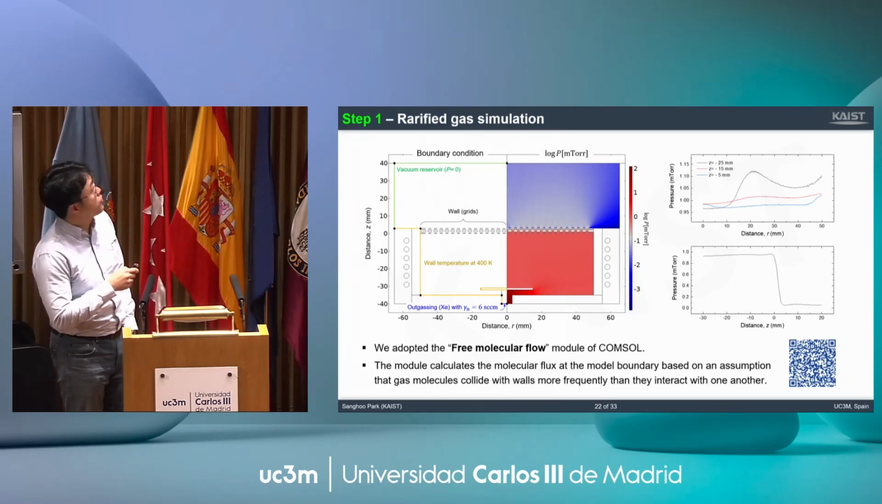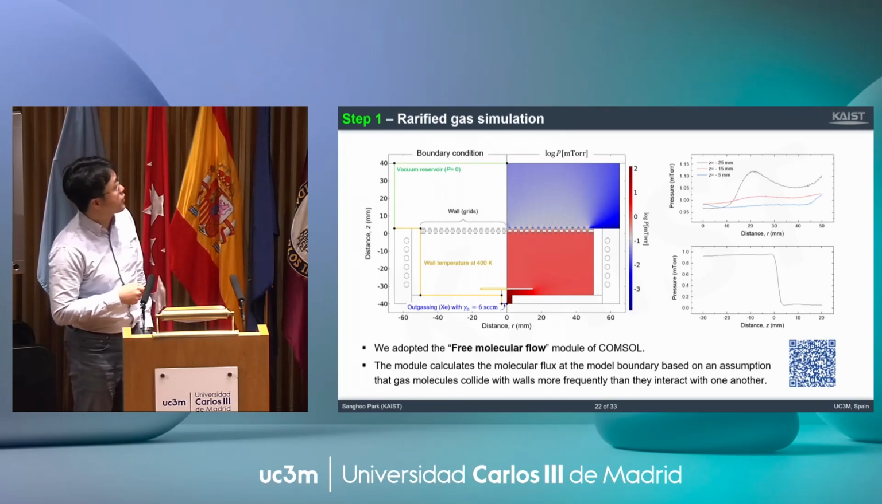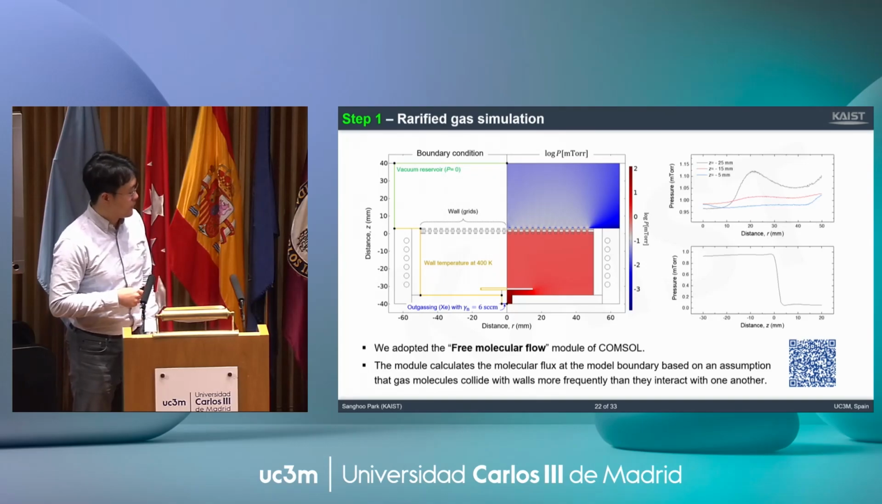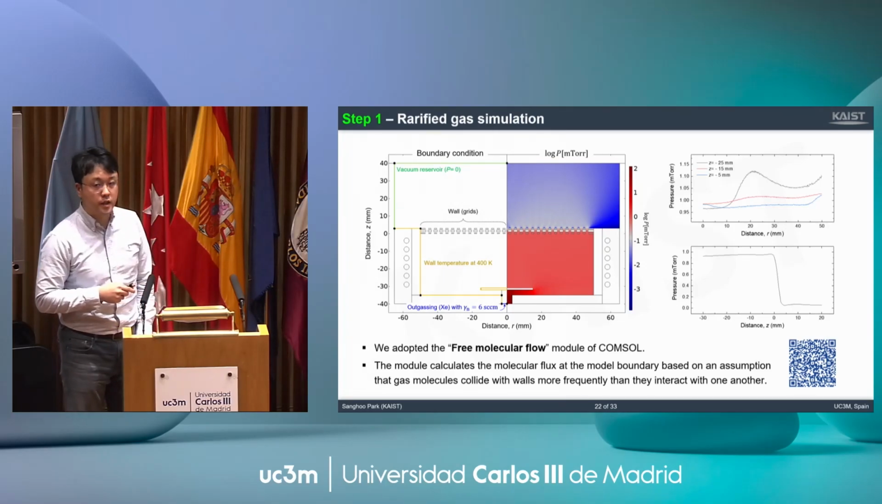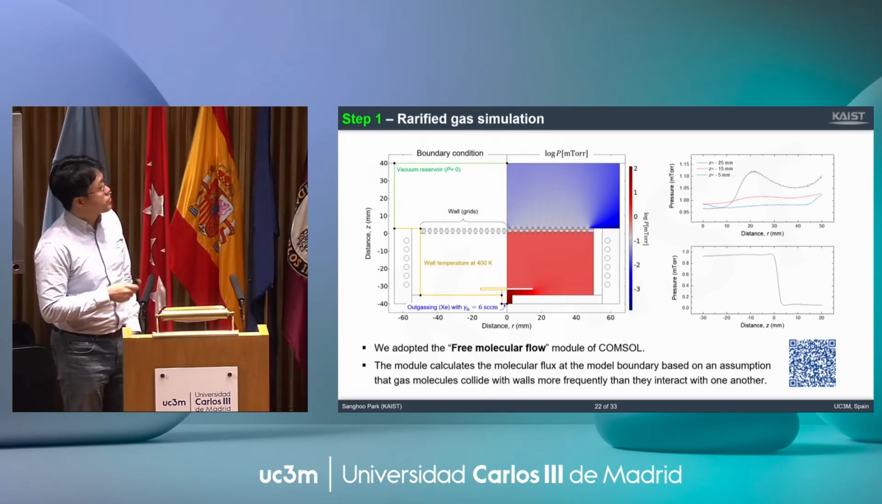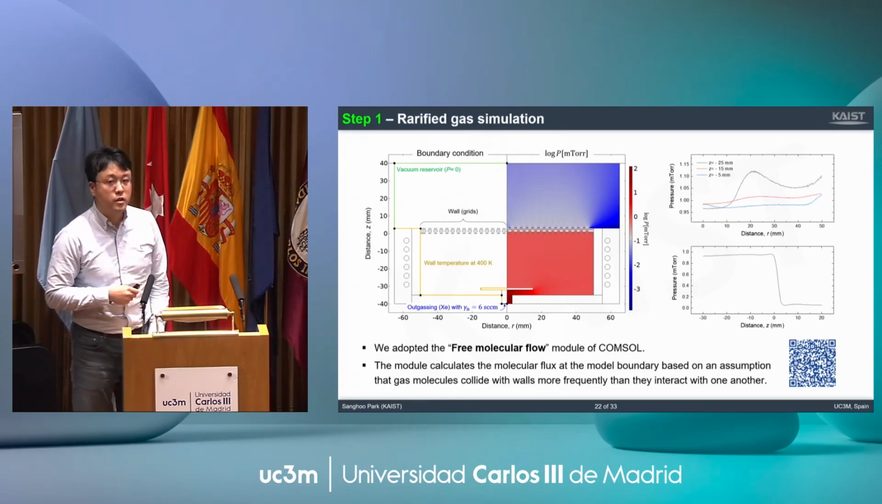Here we have a vacuum reservoir outside the chamber. Here we can see the grid, and we can set our wall temperature at 400 Kelvin. And here you can see the outgassing boundary with the specific gas flow rate. In this case we choose 6 SCCM of xenon gas. With these boundary conditions, the stationary solver gives us this kind of pressure of the xenon gas